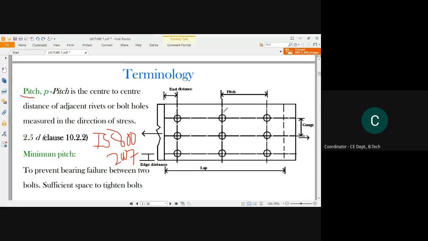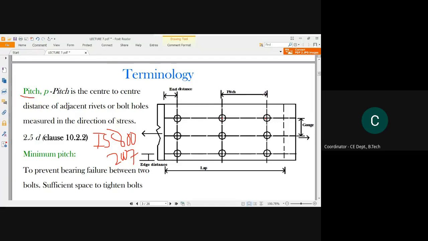First of all, when you apply the bolting connection, you need to make a hole first. Then you can draw that bolt into that hole, right? So the pitch distance will be the center of the hole to the next center of the hole. So the center is this point and the center is this point of these consecutive or adjacent holes. That distance is known as pitch.